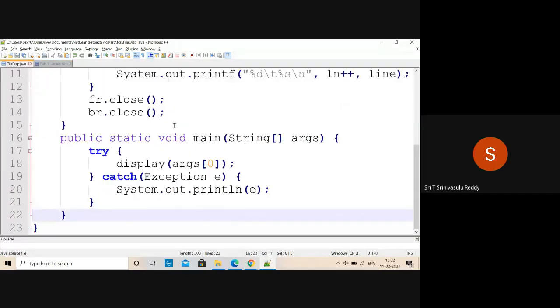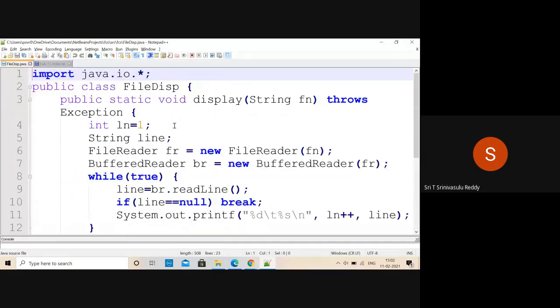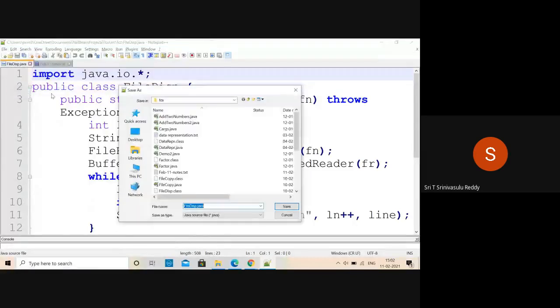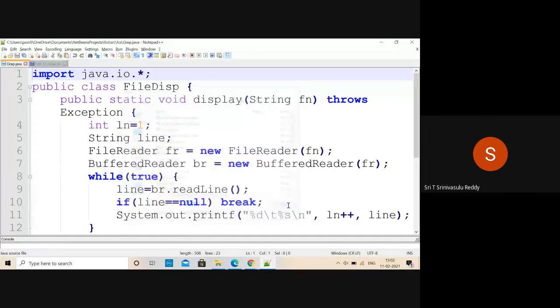Once you understand this, what I will do is modify this and save it as grep, Grep.java.